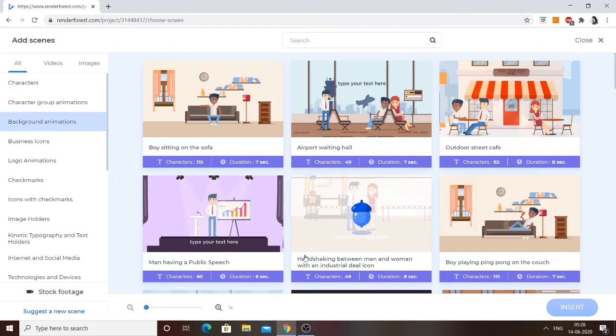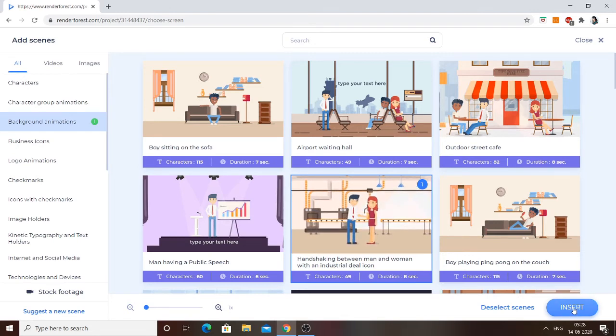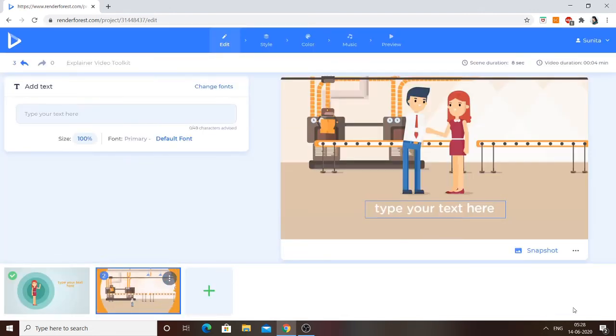So let's say I am selecting this scene which shows handshaking between a man and a woman with an industrial icon. So I am selecting this scene and I am clicking on insert.